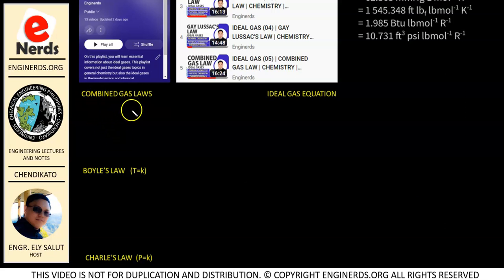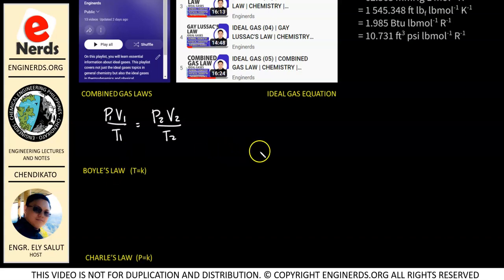First, we have our combined gas law, in which we have P1V1 over T1 is equal to P2V2 over T2, okay? In which our subscript 1 indicates our initial condition, and our subscript 2 indicates our final condition. So this is an important equation na dapat matandaan ninyo